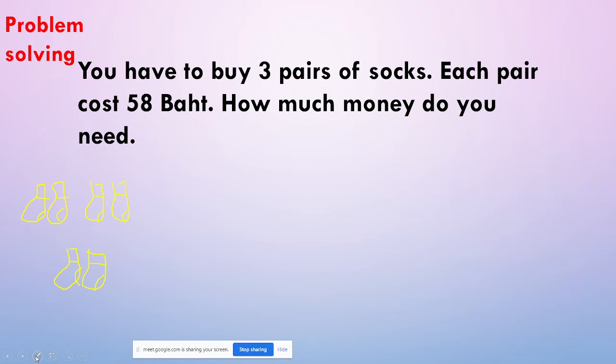Okay, now let's discuss. You need to buy 3 pairs. You need one, two, three. 3 pairs. 1 pair costs 58 baht. How much money do you need? So what will be the mathematical sentence here? You will write